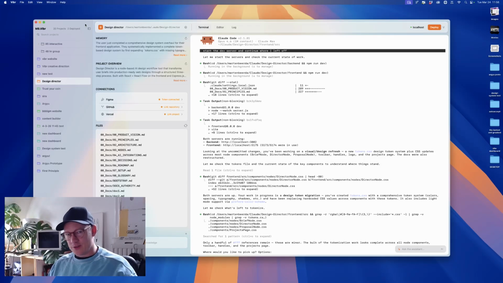20 website directions in 5 minutes. Before Google Stitch, I had this idea and I wanted to see if that's possible. So I built a node-based tool for myself back in December, and I'm going to show you how that works